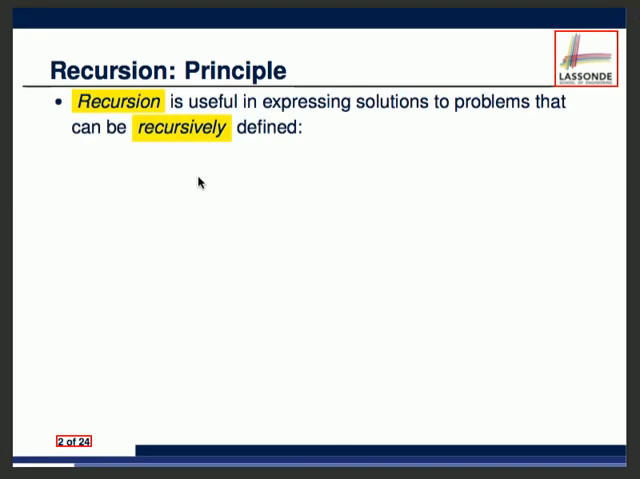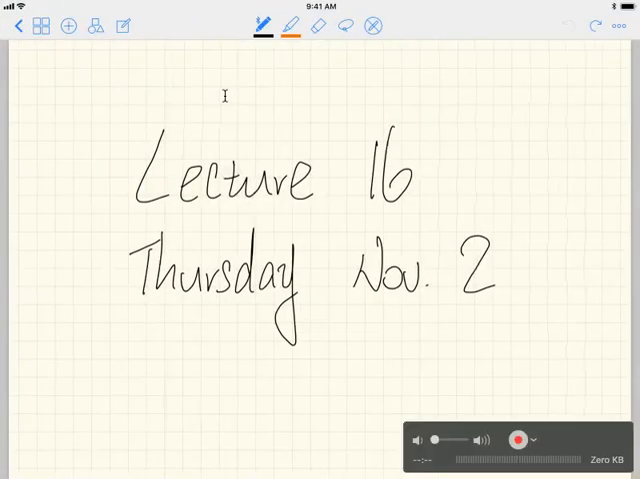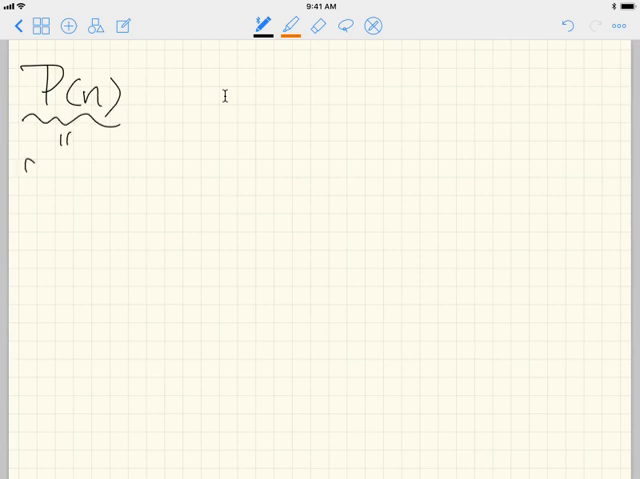Recursion is very useful in expressing solutions, like how you can implement your methods, especially for problems that can be defined recursively. But what do I mean by recursively? I want you to recall what you learned in high school or your first year mathematics about mathematical induction. Let's say I want to prove the following. Let's just go for some simple example. If I say the following property, P of n, this simply means the sum of the first n integers